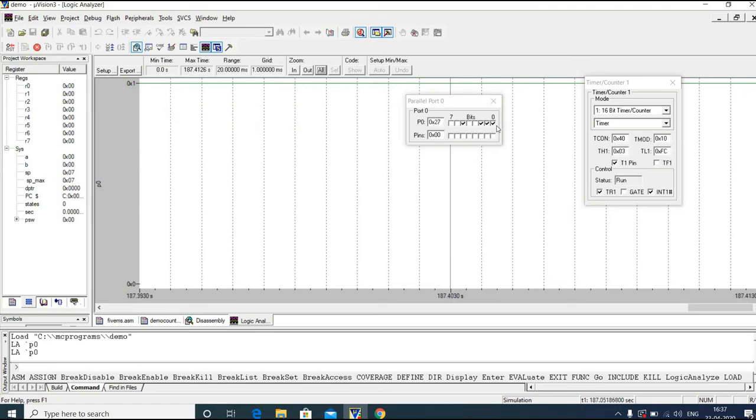This one is repeating here. So I think now you have noted how this is counting from 00h to FFh.